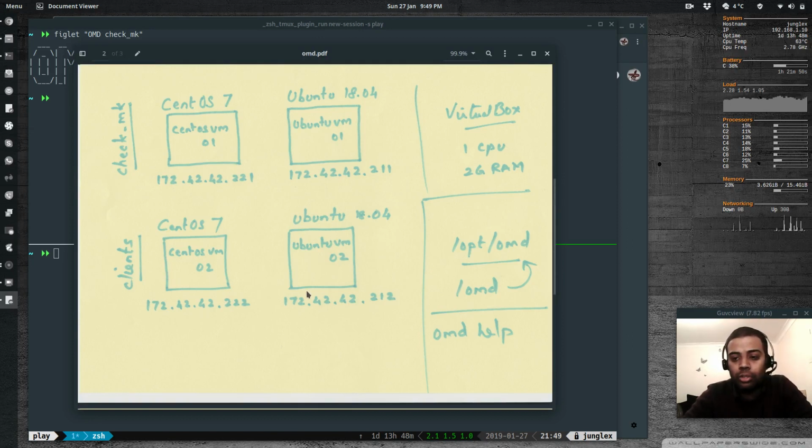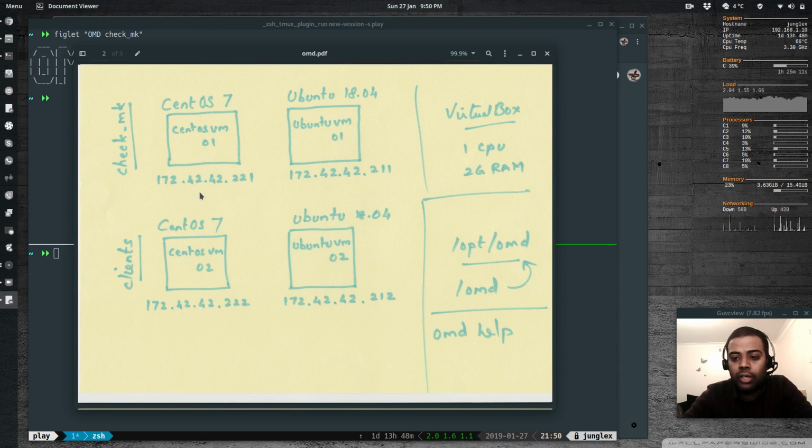I use Vagrant for provisioning, and everything will be in my GitHub repository, which will be in the description if you want it. Or you don't have to stick with the Vagrantfile. If you've got your own virtual machines, or your own physical servers, you're free to try it on those. If you want to follow this tutorial and spin up all the 4 VMs at